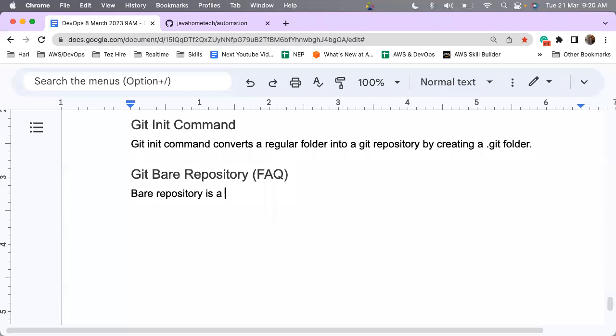A bare repository is a Git repository which will not have a working area and staging area. It's a repository which will not have working and staging area. That means you can't edit or